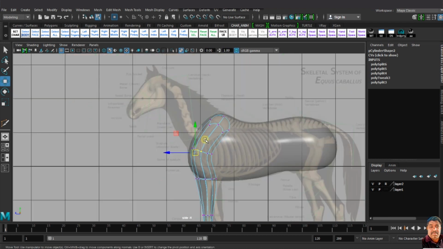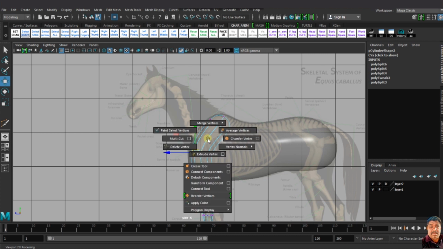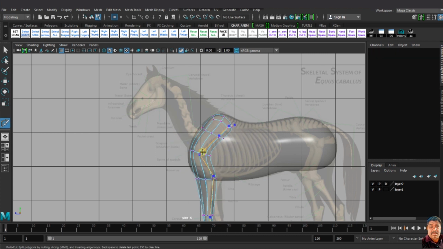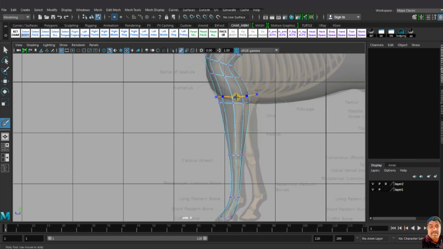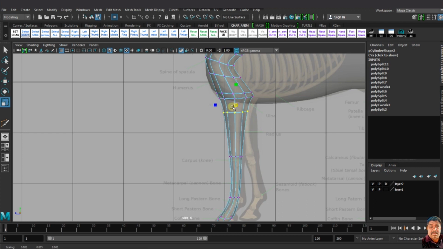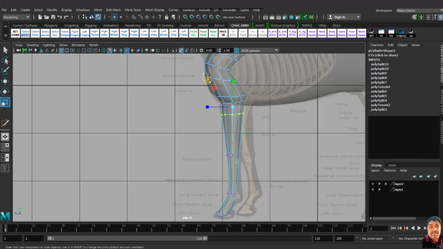perfect. So again multicut and take some lines, and also for restriction purpose I have to make some lines on two sides of the joint, this side and that side. I need these lines for restriction, so the skeleton, the joint, can understand that I have to rotate only this much of area, and the model can understand. It means I restrict my rotational area according to my rig. So I just adjust all the stuff.